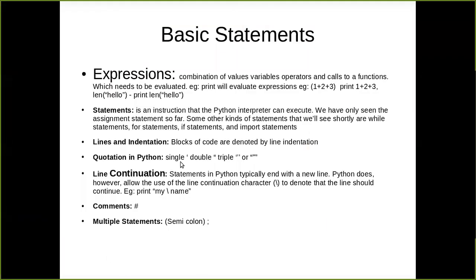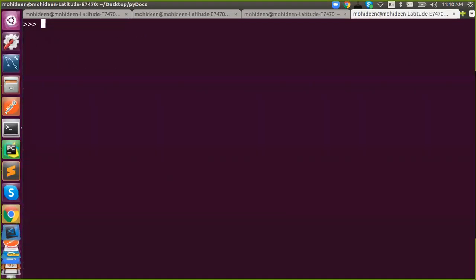So you all know quotations in Python. We can define a string using single quotes, double quotes, and triple quotes as well. So this is a way to define a string. And now the next thing is line continuation. What is line continuation? While you're defining a string, both single and double quotes are meant for a one-line string like hi hello.